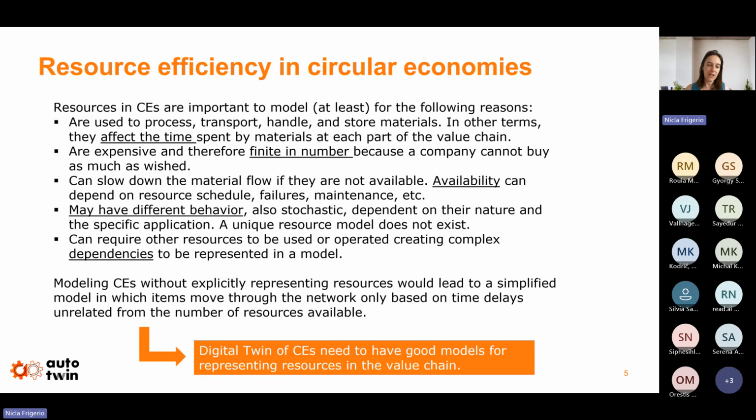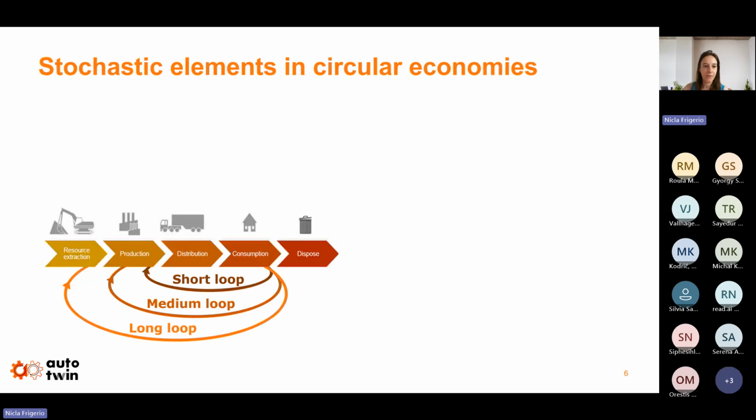So modeling circular economies without explicitly representing the resources can be an oversimplification of the problem. For this reason, digital twins of circular economy need to have a good model for representing the resources, whatever resourcing may mean in the particular use case.